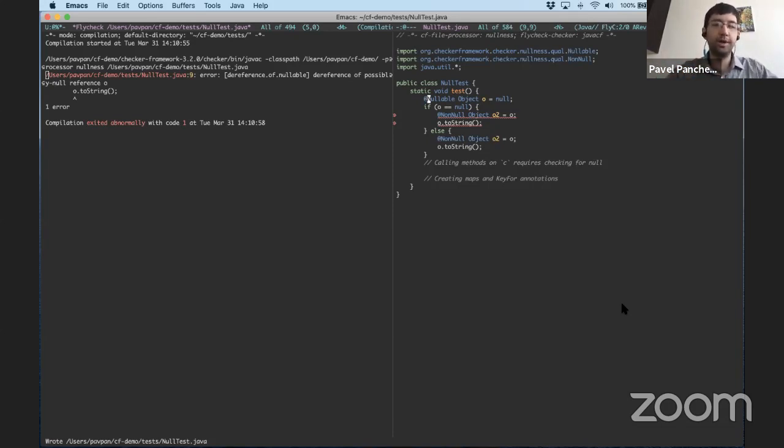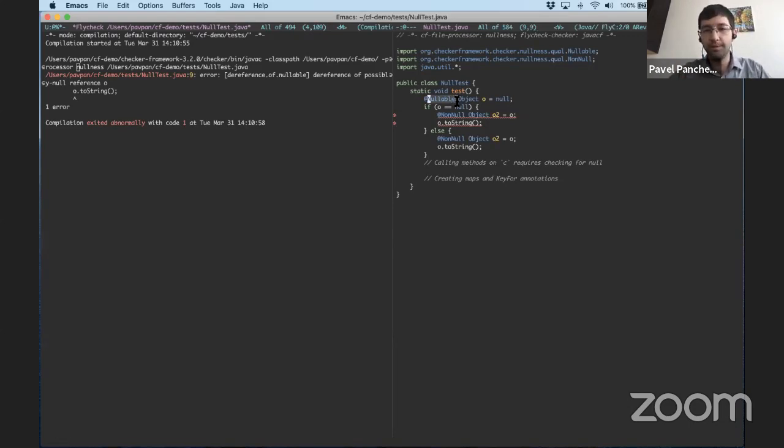And then the Checker Framework, because I am invoking this processor code here, is instructing the Java compiler to additionally look up a class called nullness.NullnessChecker. That class at compile time will use the abstract syntax tree parsed by the Java compiler, and also all of these instantiated objects for the annotations, to do whatever kind of analysis it needs. At the end of this lecture, I'll walk through a Checker Framework checker that I've written. We'll add some features to it, and hopefully that'll give you even more insight into how this works.